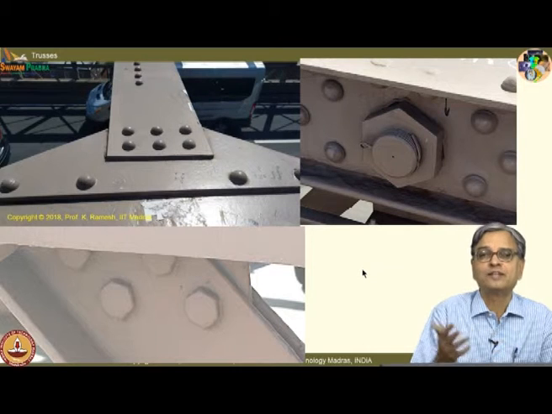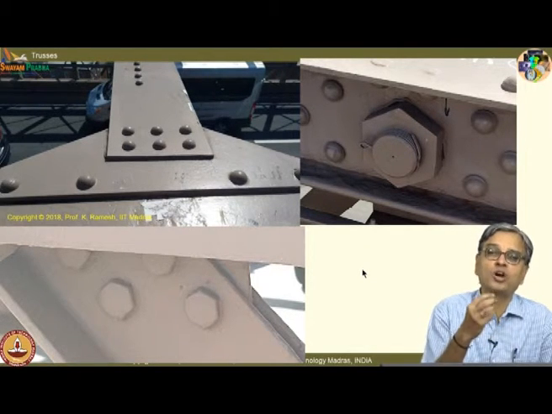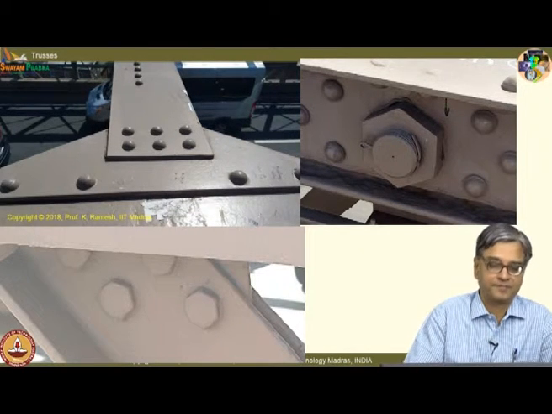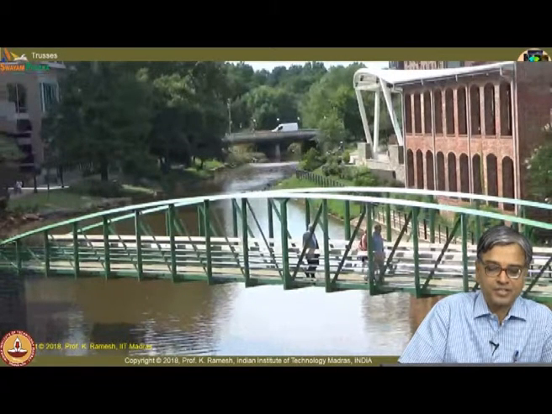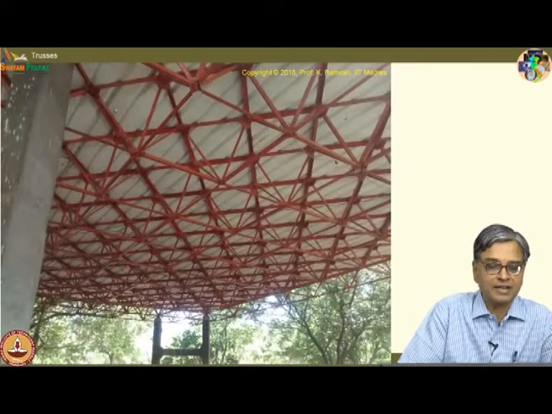Now, sophisticated finite element software has come, where you could model it as a frame and do a better analysis. And you have a pedestrian bridge, this could be a welded construction, this is indeed a welded construction. So, it is a less critical structure. And you also have another roof which is again not a significant structure. So, you have all these joints welded.